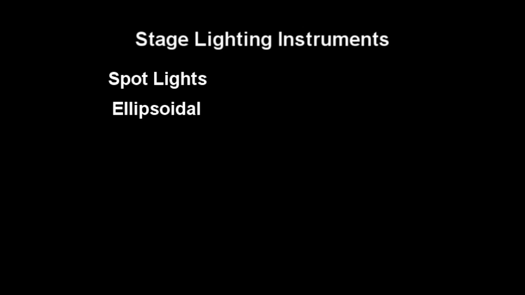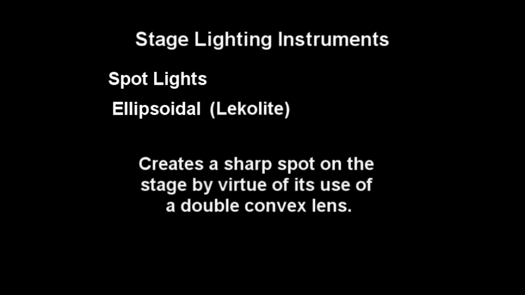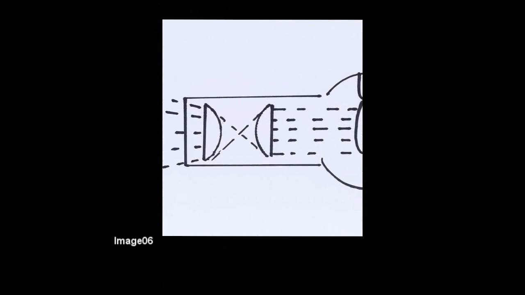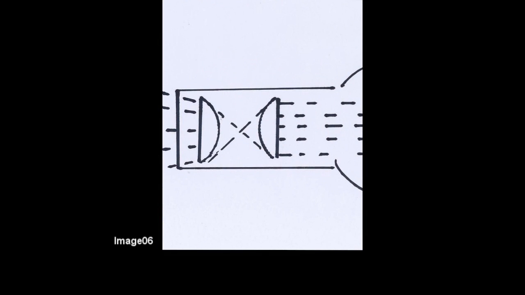The ellipsoidal spotlight, or lecolight as it's sometimes referred, creates a sharp spot on the stage. The ellipsoidal does this by means of a double convex lens. In the barrel of an ellipsoidal spotlight, two lenses with a convex configuration intensify the light beam and create a